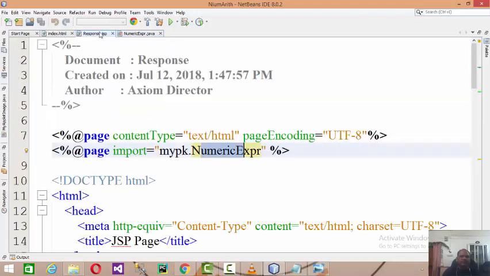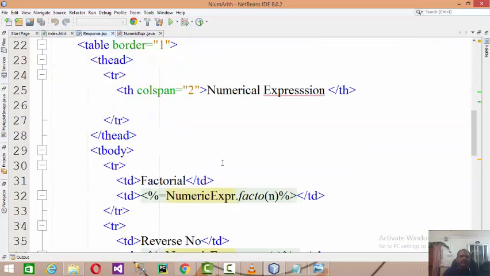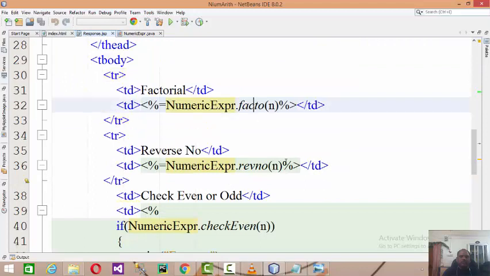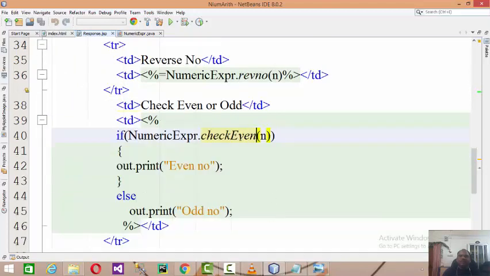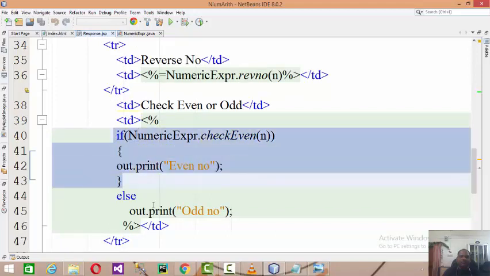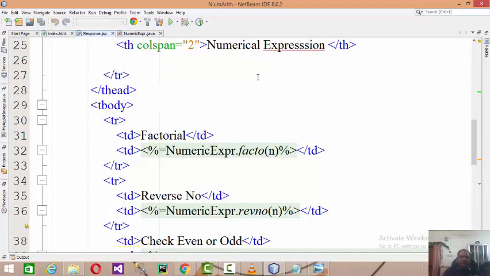And I can refer to this by including the package mypk.numerical expressions, and once I read that number, I give a call to all the methods like factorial, reverse number, and check even, because check even will return true or false, so I am calling it in an if and else. Now this server side logic we understand.